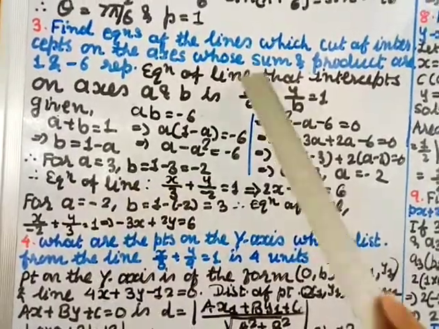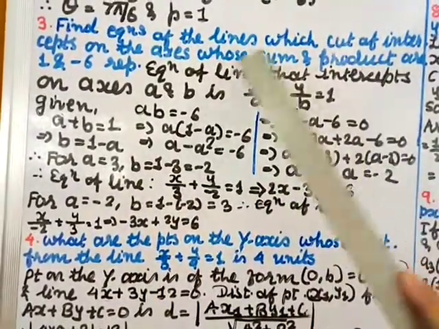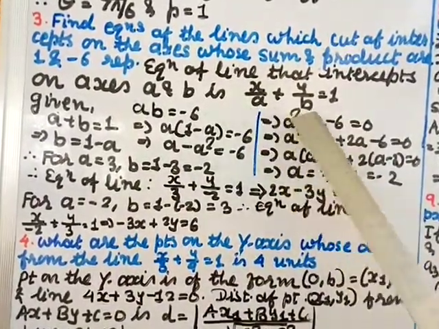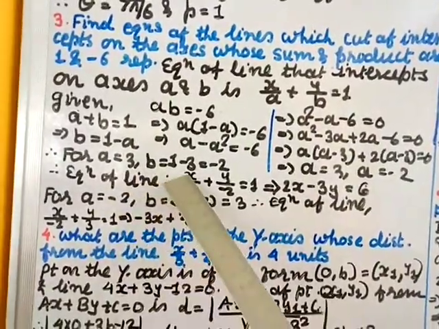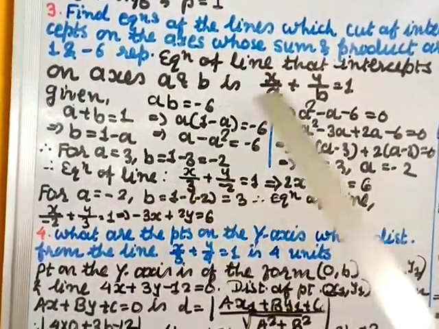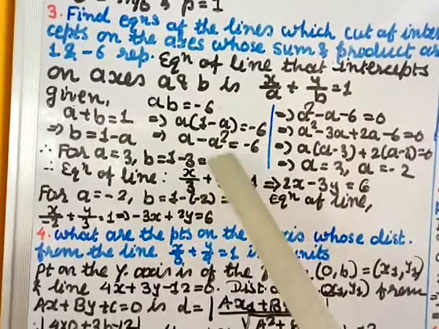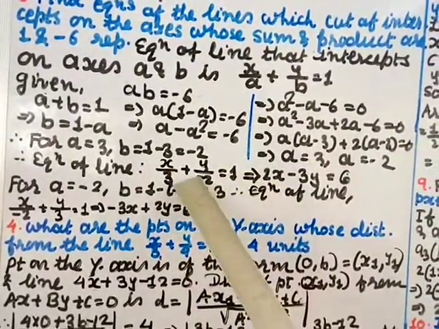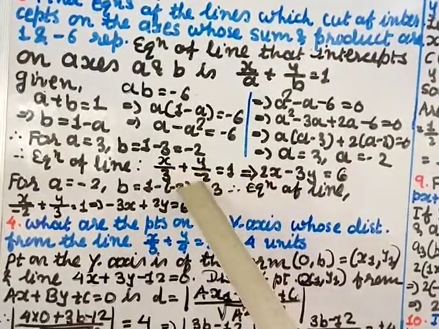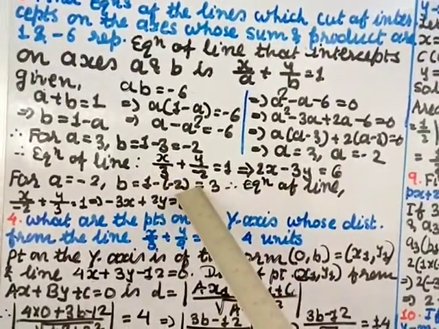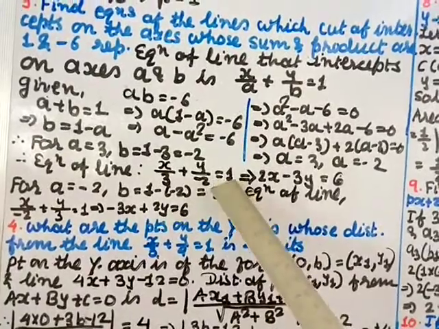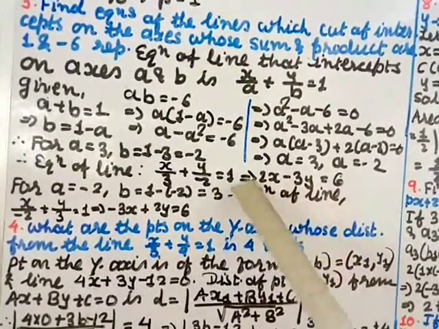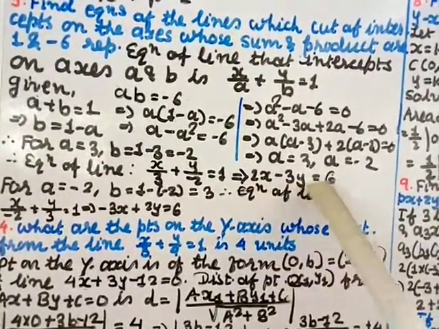Okay, and then the equation of the line, this is the intercept form of the equation of a line. So take this and put the values of A and B. So I put here x by A value, which is 3, plus y by B value, minus 2, equals 1. The LCM is 6, so you multiply here by 2, so 2x. This minus, multiply here by 3, so 3y. The denominator 6 I am transferring over this side and multiplying with 1, so it gives you 6. So this is one line, 2x minus 3y equals 6.